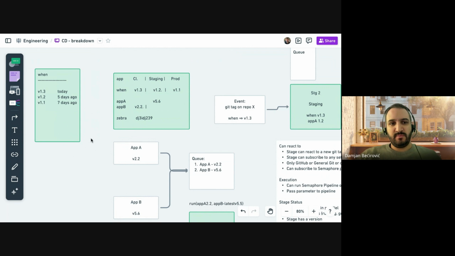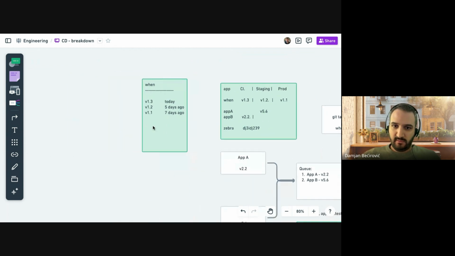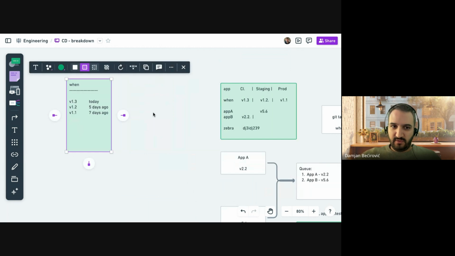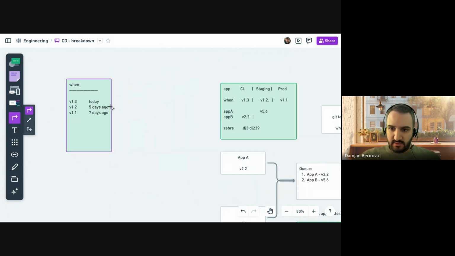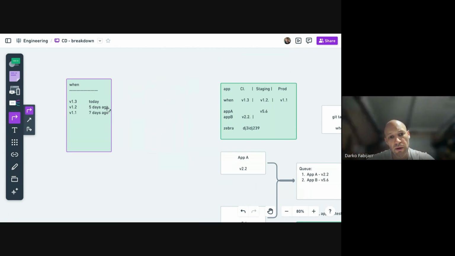So for a specific SHA, you have again a history. Like okay, this went to staging, then it went to prod, then we deployed something else to staging and figured out it broke it, and then we redeployed this. If this 1.2 is, let's say, clickable, I mean, I have no clue if